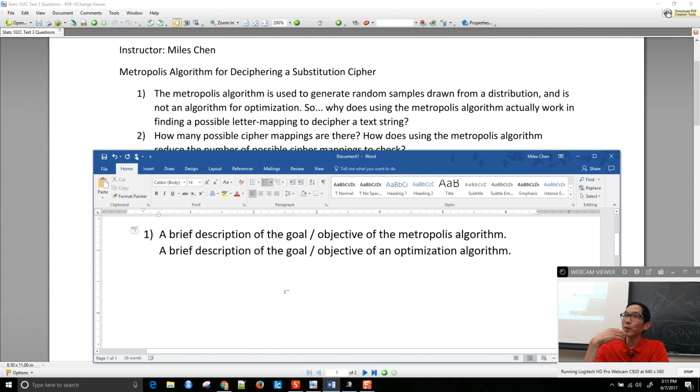Because if we think about all of these things we've learned in the course, it was drawing samples from a distribution, and that's what the Metropolis algorithm is doing. And if you think about what an optimization algorithm does, which is generally try to maximize or minimize a certain function, they are different. However, there is a certain amount of overlap that allows the Metropolis algorithm to help in this regard, especially in the context of this problem. So: a brief description of the goal and objective of the Metropolis algorithm, a brief description of the goal and objective of an optimization algorithm, and an explanation